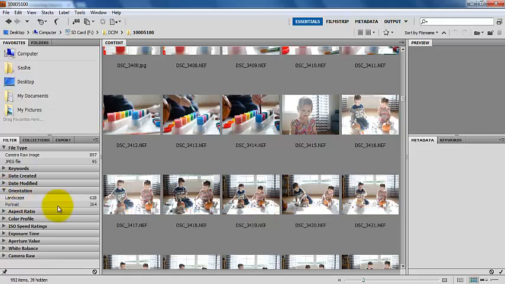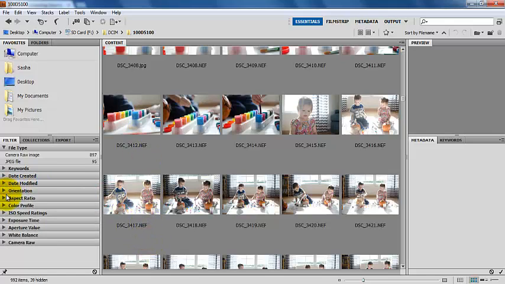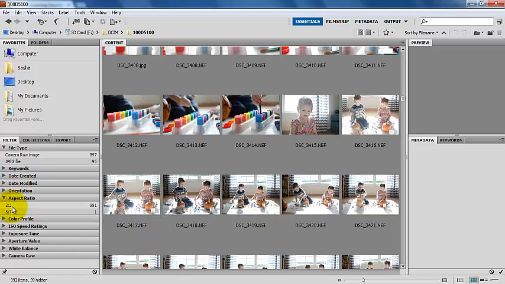The next one you can search for is orientation. You can search for pictures that are landscape and pictures that are portrait. So that would be like horizontal versus vertical, if you're not familiar with that. Aspect ratio,